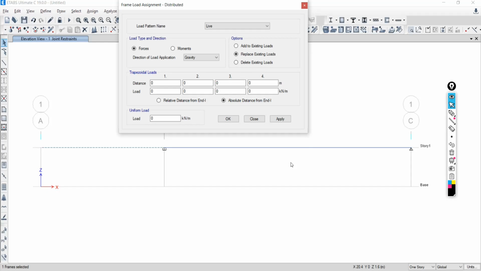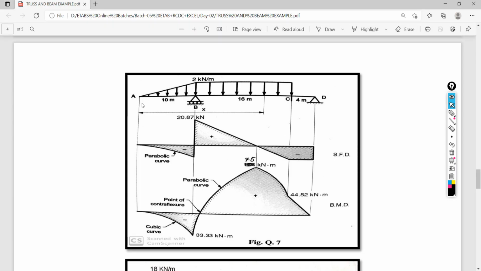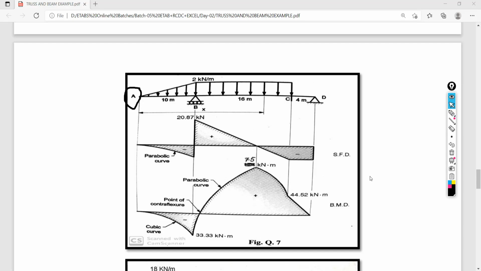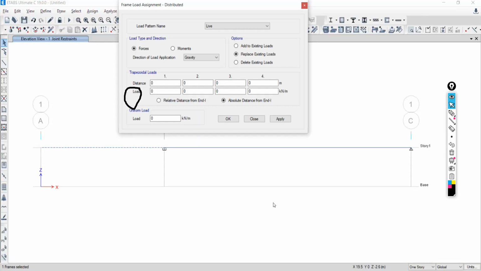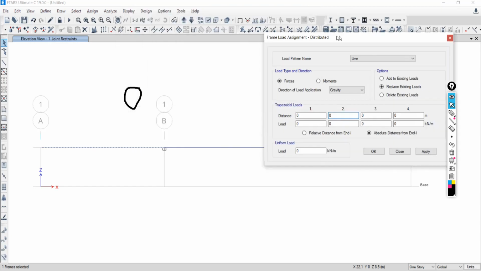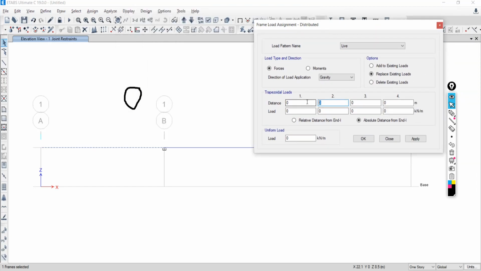and next, if you look at the question figure on the left side, what intensity is there at point A? 0. Go back, and intensity at 0 distance is 0, and then at 10 meter, at 2 kilonewton per meter.